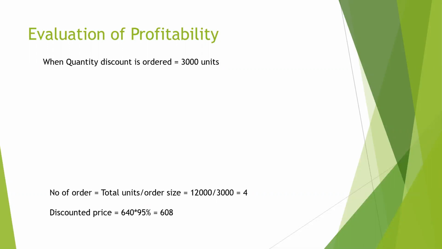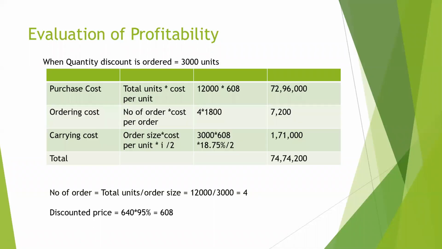When we do this question, wherever we have used the purchase price per unit will get substituted with this discounted amount. Please don't use the actual purchase price given in the question. Assume the purchase price for this entire part of the question will be considered as the discounted price. The purchase cost, therefore, will become 12,000, which was the annual requirement, multiplied by the cost per unit, which is the discounted price, that is 608. In this question, it is very important to take the discounted price over here and not the complete price.